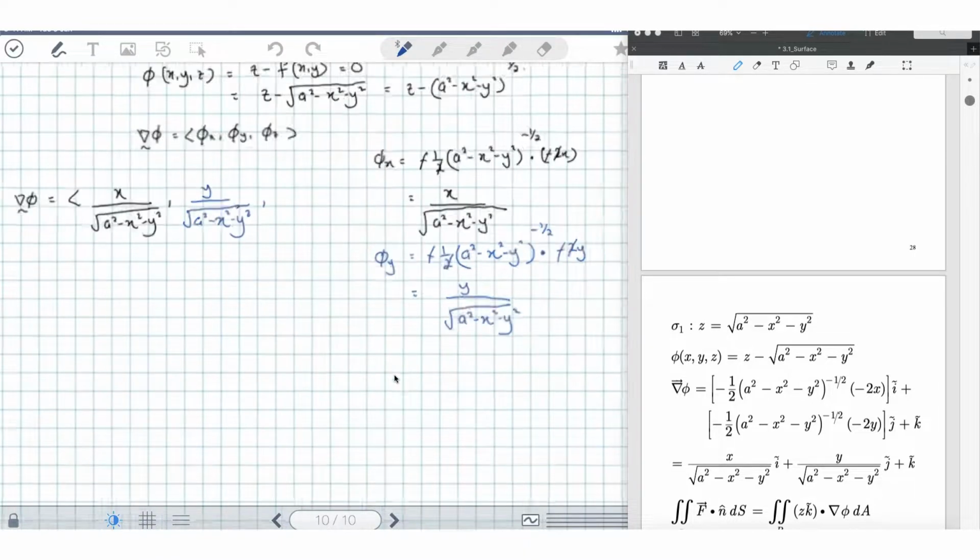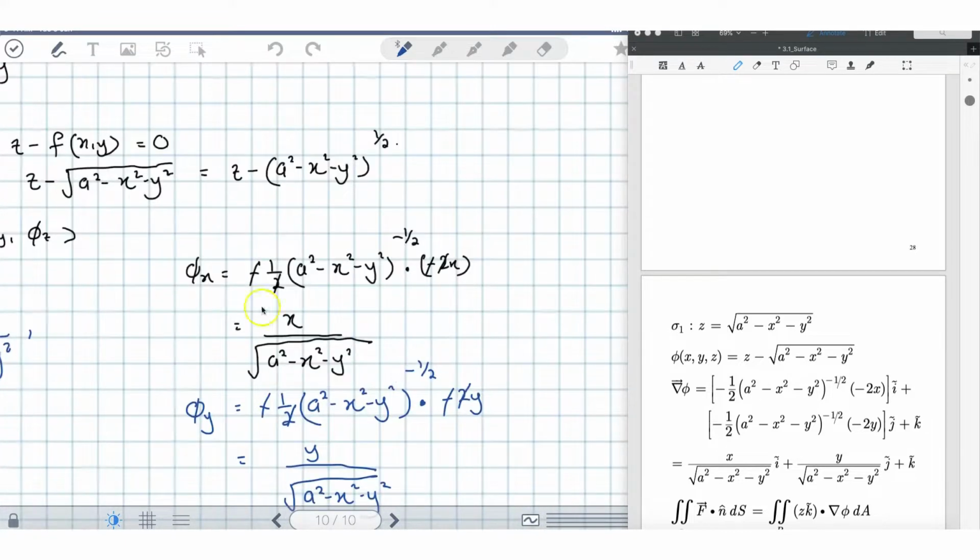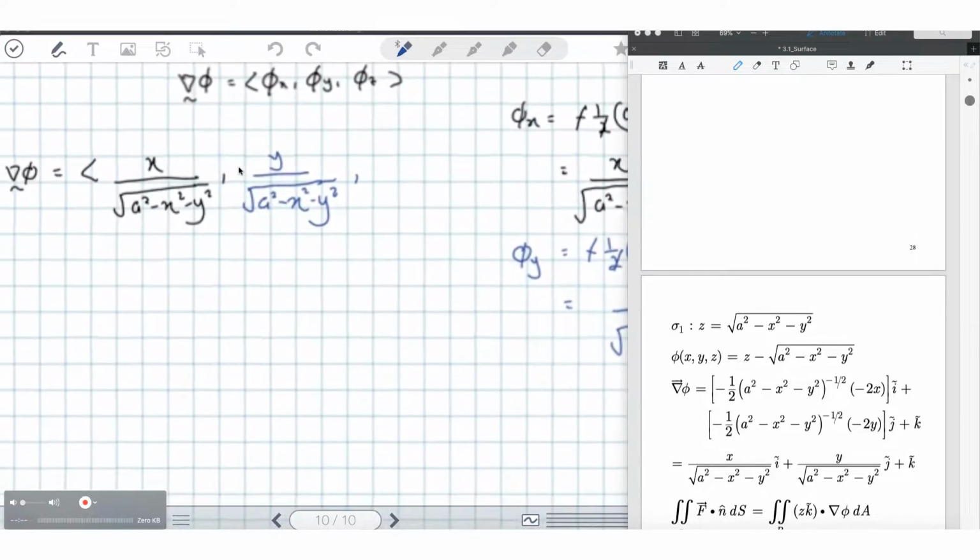And for z, you want to differentiate with respect to z, and z is only over here, and the rest are 0 when you differentiate with respect to z, right? So the answer here is 1. So your gradient has components x over the square root, y over the square root, and 1. Okay, so now